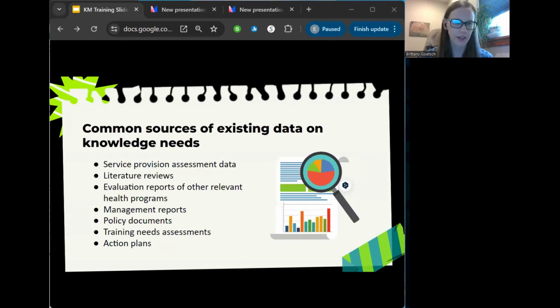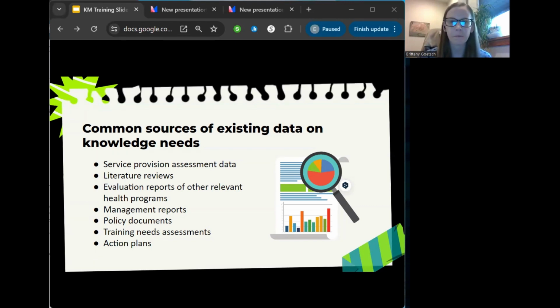So to do that, next slide. We're going to look at common sources of existing data. And many of you are familiar with this, so I'm not going to get into too much detail here. This exists and is available to many of you. Literature reviews, evaluation reports of other relevant health programs, management reports, policy documents, what other organizations are producing, so what